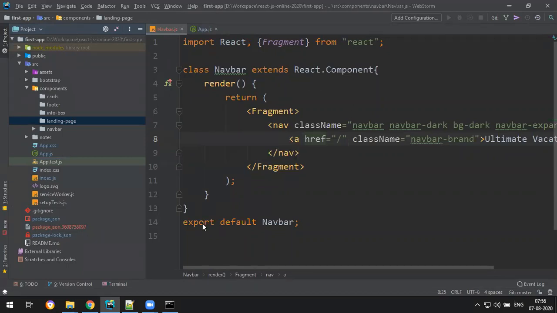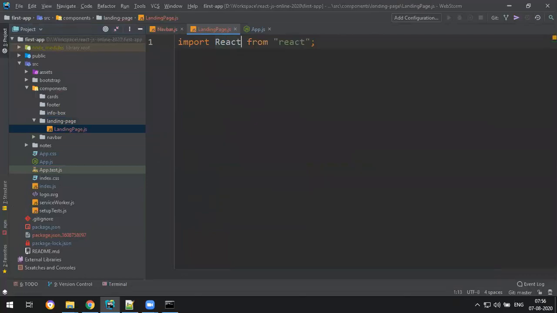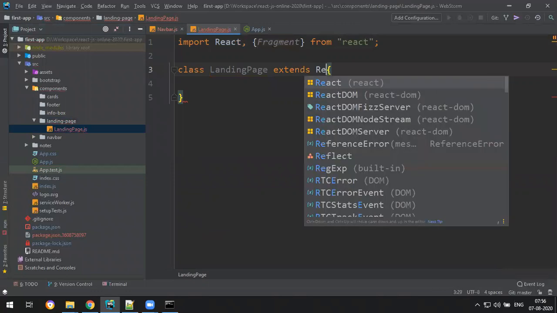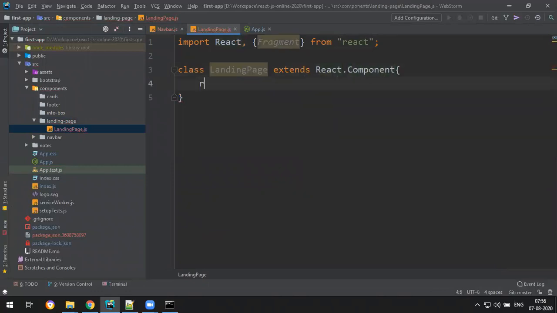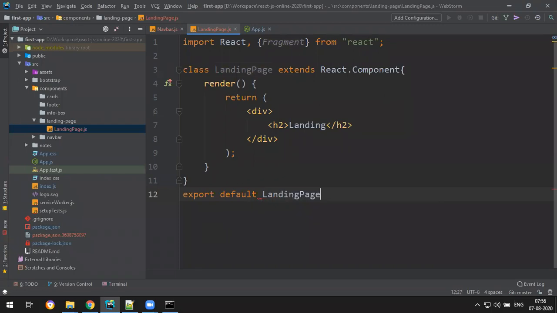Again a class-based structure: import React and also the fragments. Class LandingPage extends React.Component, render, h2 landing, export default LandingPage. This is the structure. You can copy paste it.